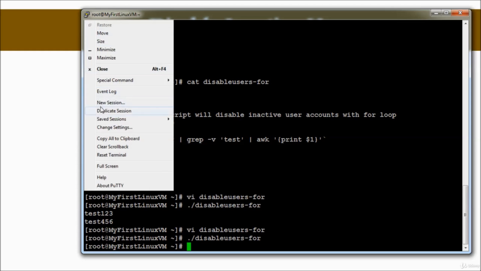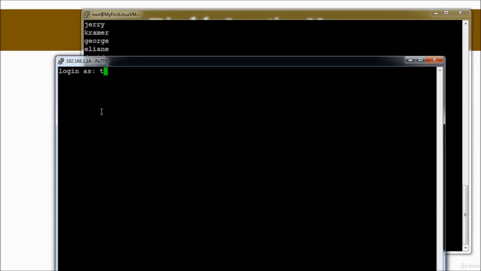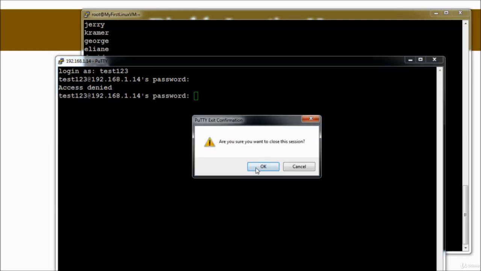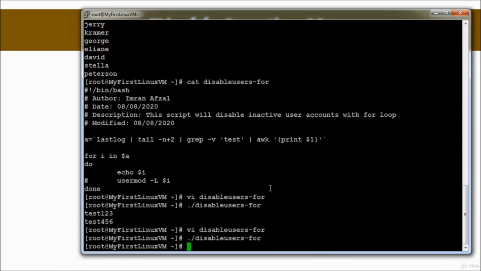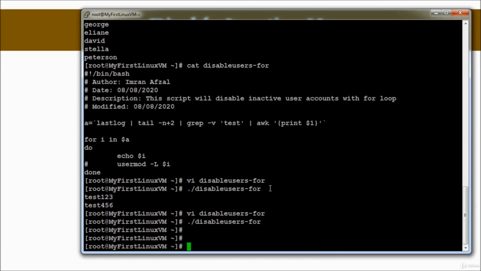Now it should have disabled those accounts. So let's say if I log back in, test123, and the password, and there you go. It's not going to let me get in. It says access denied. I know it has disabled those accounts,